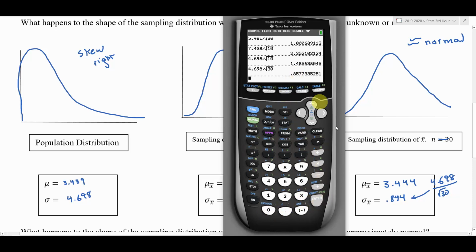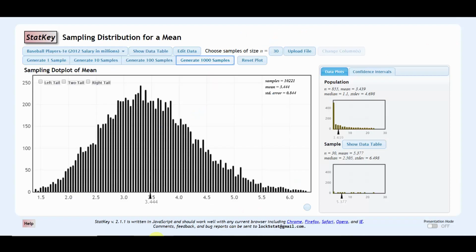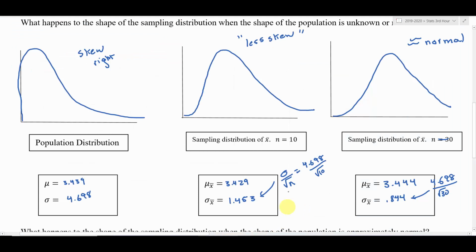Yeah, and we got 0.8577, so pretty close to the 0.844. If I had kept on hitting that button and generating thousands more samples, eventually that would have converged exactly on that number. Okay, some other things to note of what we saw there with the standard deviation and the